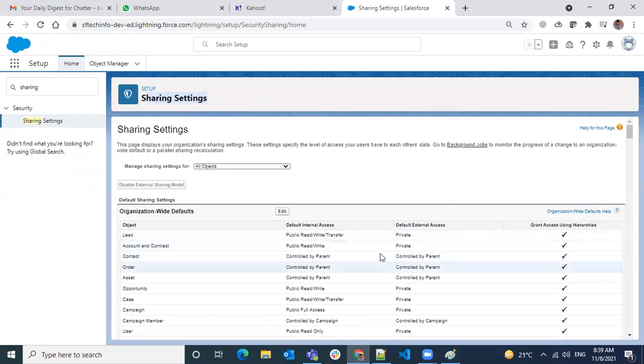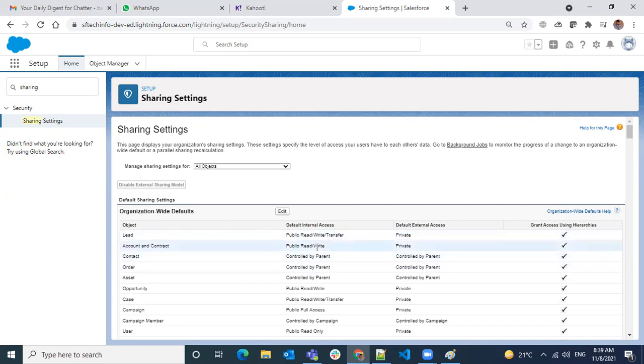We only consider the access for the users in Salesforce. What is the base access for the users of Salesforce? That is what you define in the default internal access in your org wide defaults.